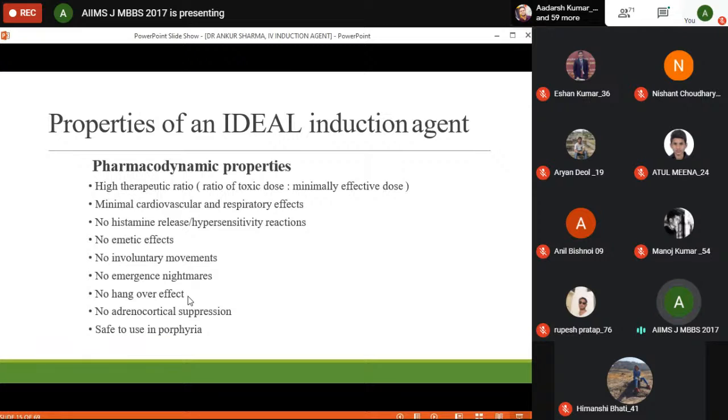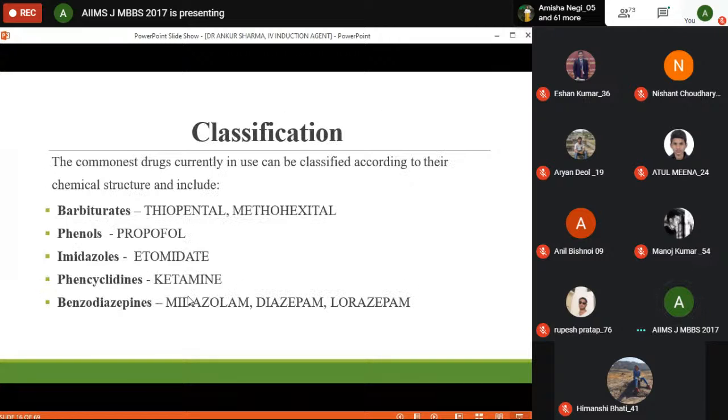There should be minimal cardiovascular and respiratory effect. There should be no histamine release or hypersensitivity reactions. There should be no emesis or vomiting. There should be no involuntary movements, no emergence nightmares, no hangover effect, no adrenocortical suppression, and it should be safe to use in porphyria. Coming to classification, the commonest drugs currently in use can be classified according to their chemical structure and include